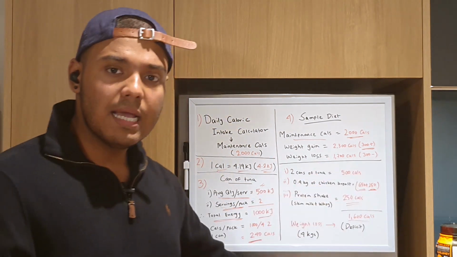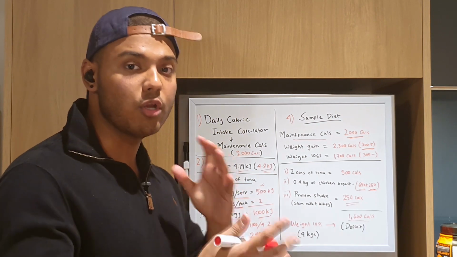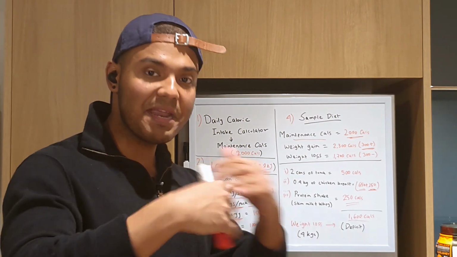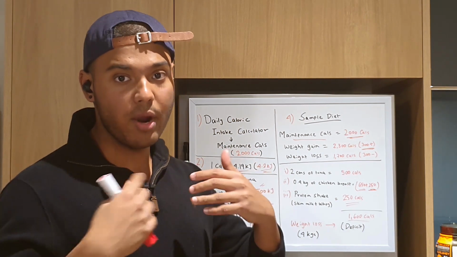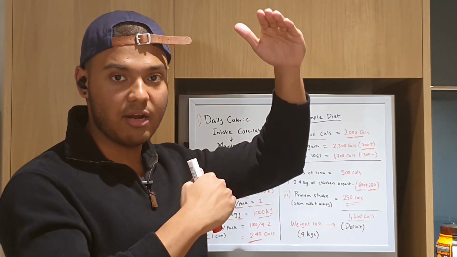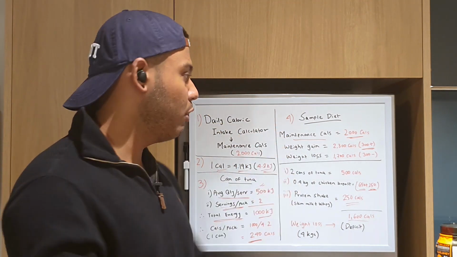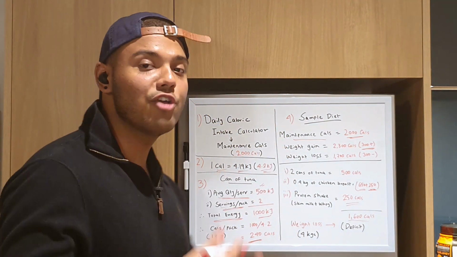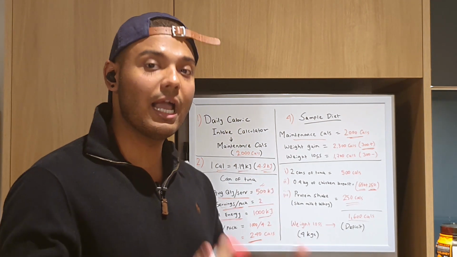So to sum up, counting calories is very important because that will give you a basis of what you're working with. Once you understand your maintenance calories, if you want to gain weight, you go to a 300 calorie surplus. But if you want to lose weight, then you go on a 300 calorie deficit. And once you look at the nutritional information, you'll be able to calculate on your own and you will not need help from anybody else. So I highly recommend that